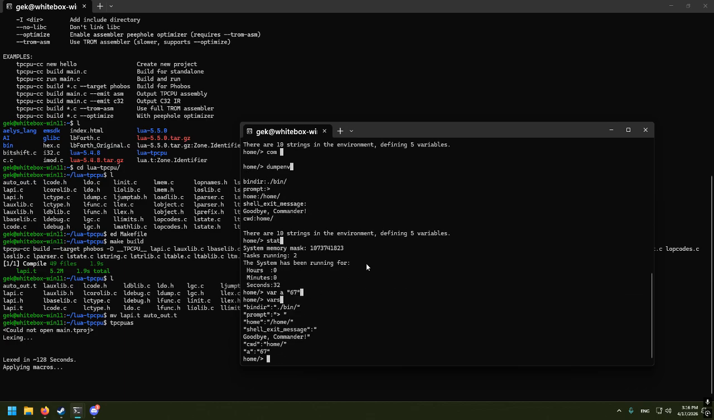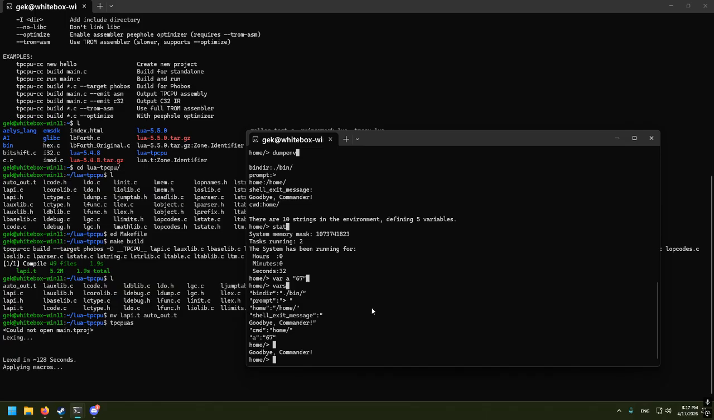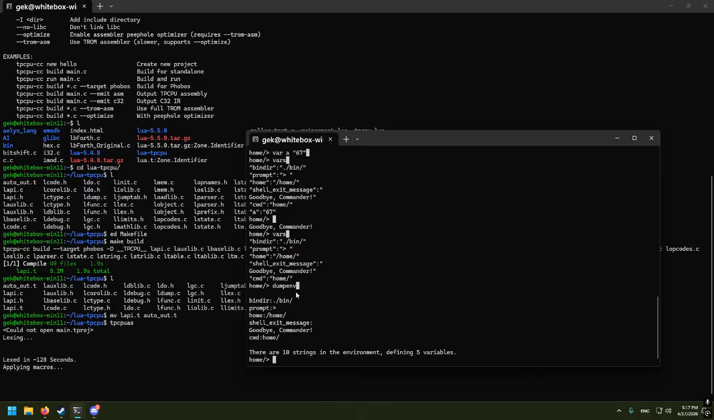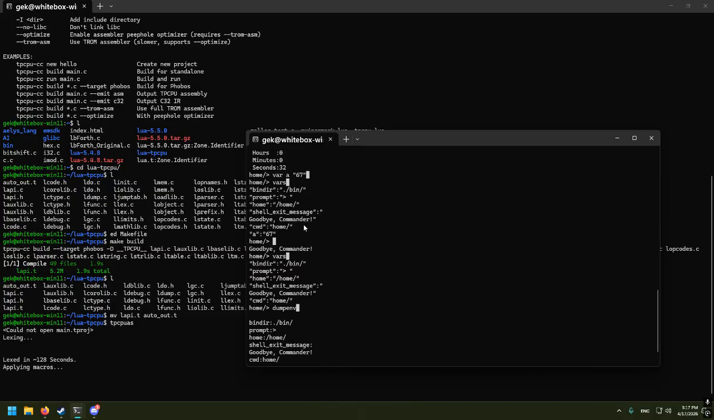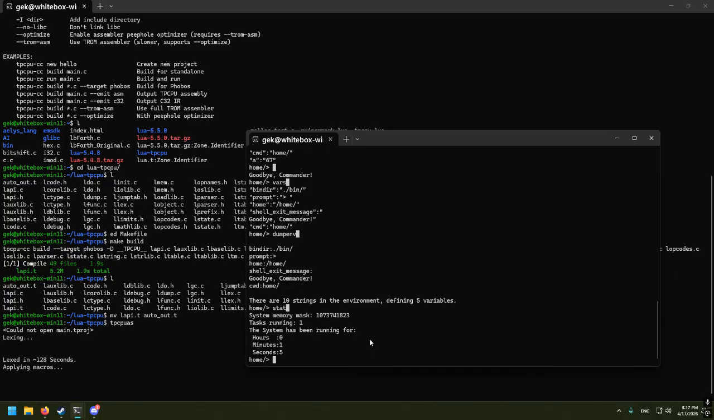Anyway, so now we're in the shell, and this shell has this set of environment variables. If I hit Control D, now we're in this shell, and if I do vars, or dump env, this variable has disappeared because it only existed in that shell. Anyway, so right now,